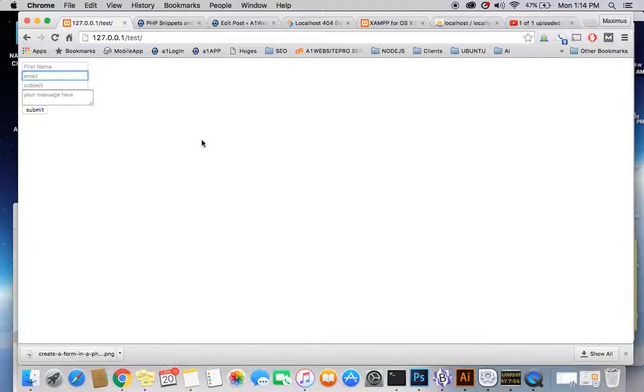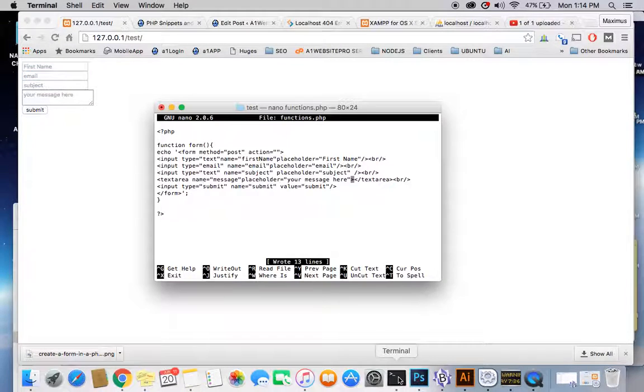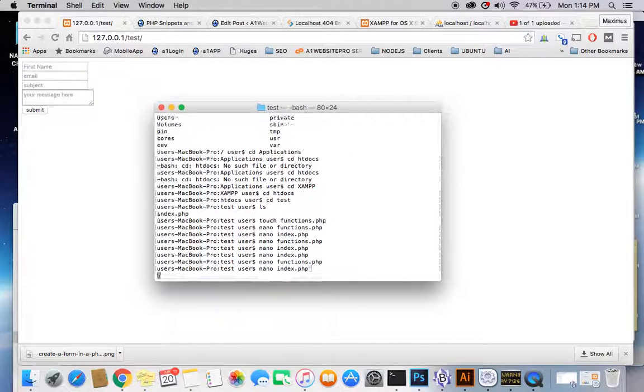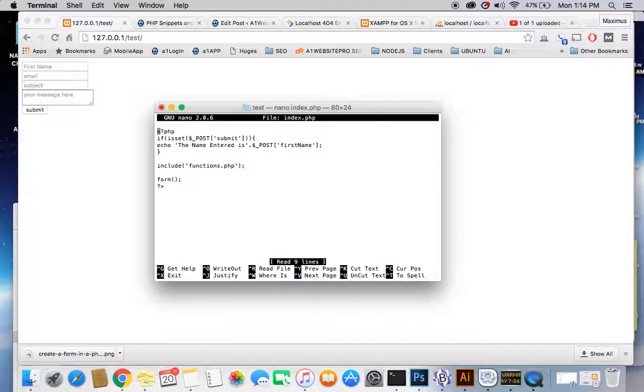So what happens after they hit submit? Well, nothing's going to happen right now, because we have to modify the post variables, and that would be in our index file. So let's hit Control X and exit out of here, and we'll nano into the index file. You'll notice that if it is set, it's going to echo the name out right here like it did before. But what we want to do is get some other elements. So we'll go ahead and echo something like